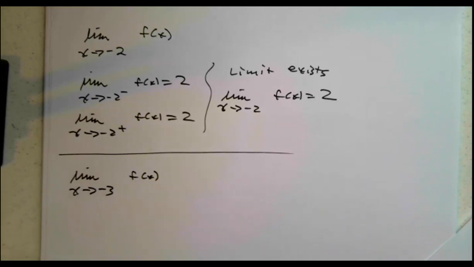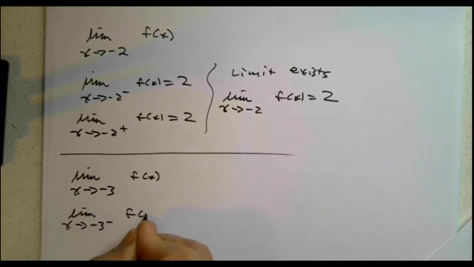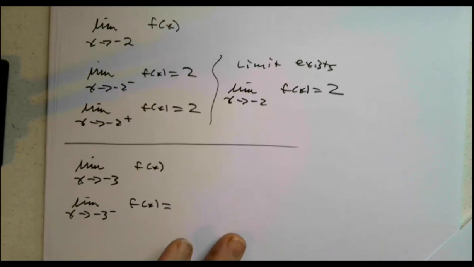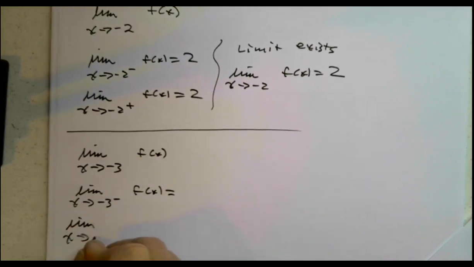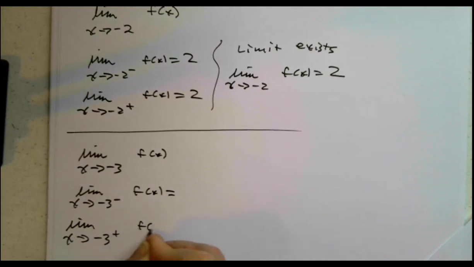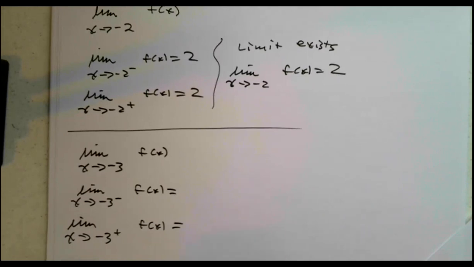So I want the limit as x approaches -3 from the left, and I want the limit as x approaches -3 from the right. What is that going to give us? So looking at our picture,